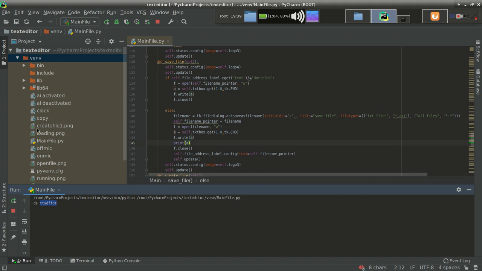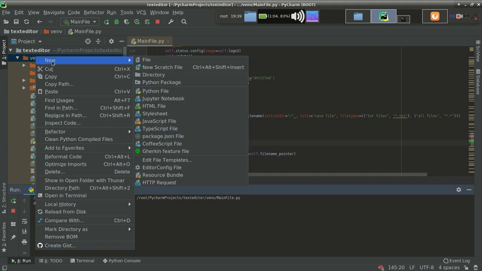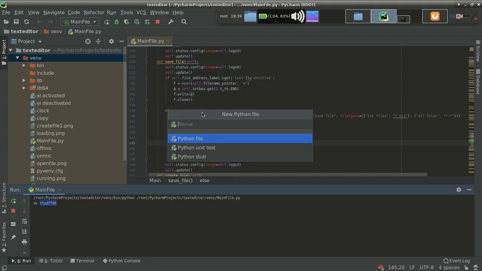For doing this, let's create a new Python file in the same folder. The name will be words filter. I will filter the words using it. So this is our file.